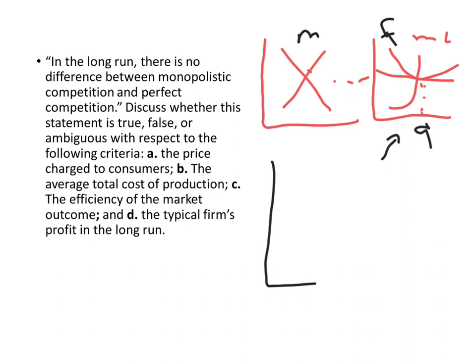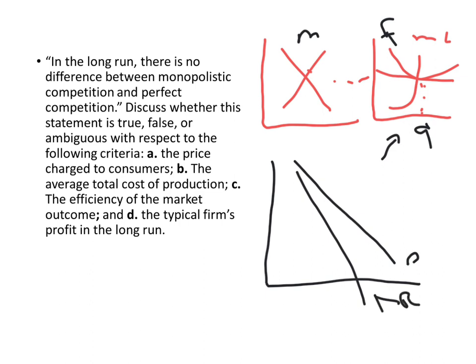If we are to look at the monopolistic competitor in the long run, okay, so here's our demand, here's MR, and here's my MC. Now, if I go to do the long run, what I kind of want to do is look at the profit maximizing quantity. Note on the demand curve where my ATC is going to be tangent, kind of like that. And this should be my minimum point. So if you look at this as your long run for the monopolistic competitor, what do we have here?